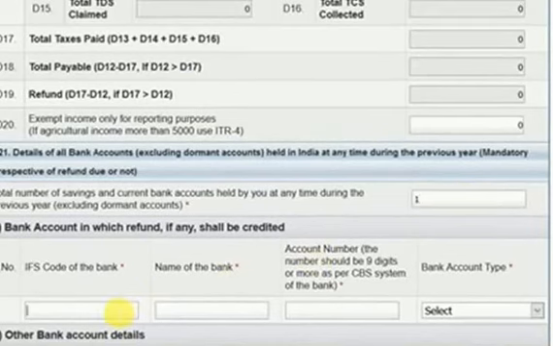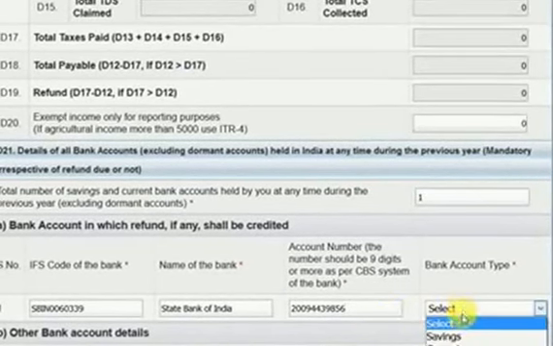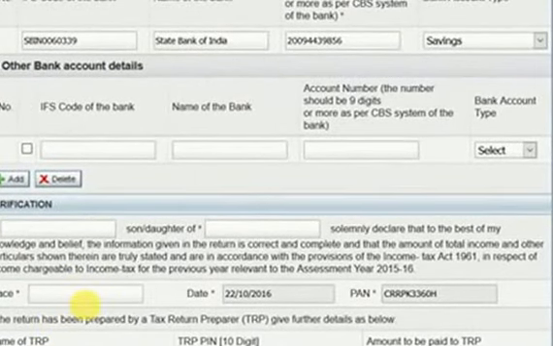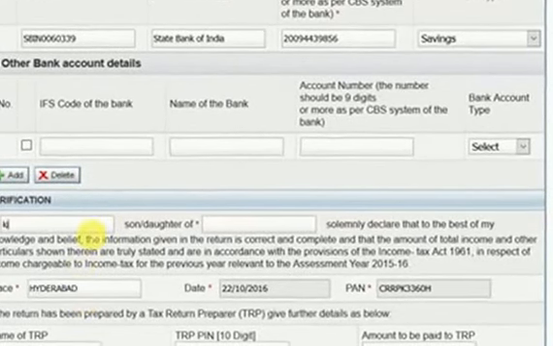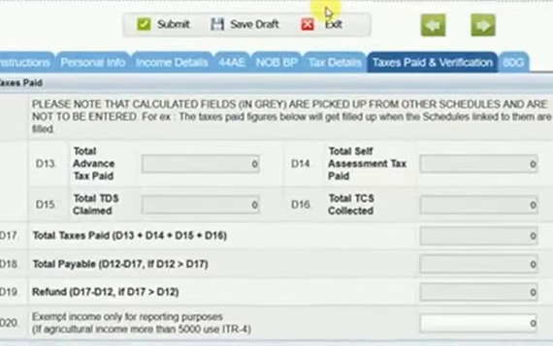Enter the bank details, IFSC code, account number, savings account. Enter your place. Enter your name. Enter your father's name. That's it. Then submit.